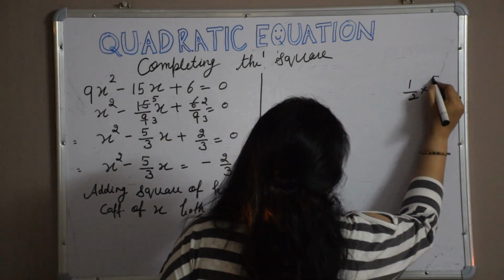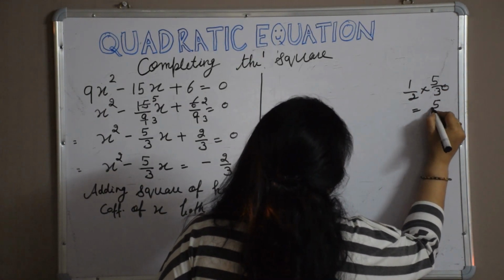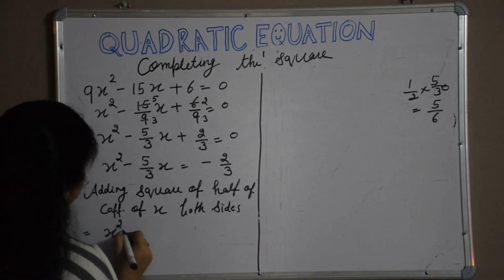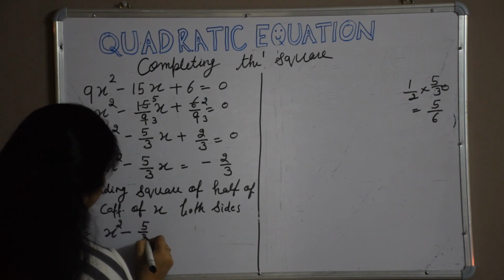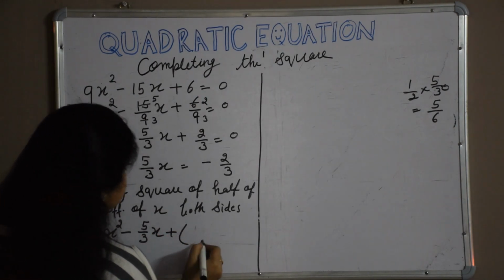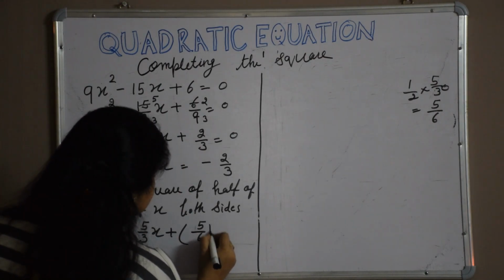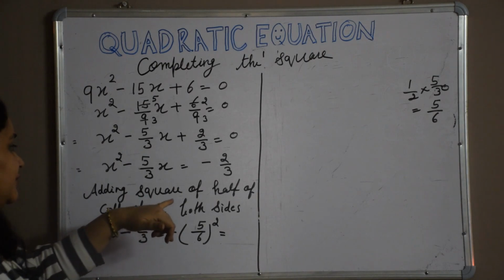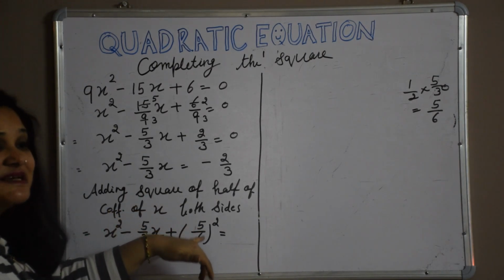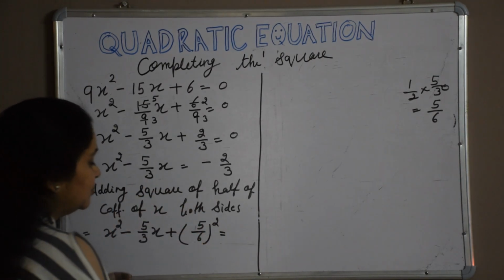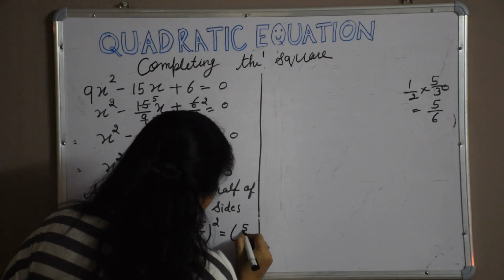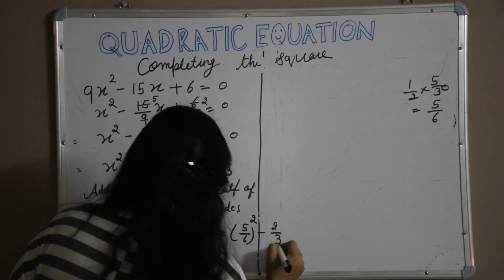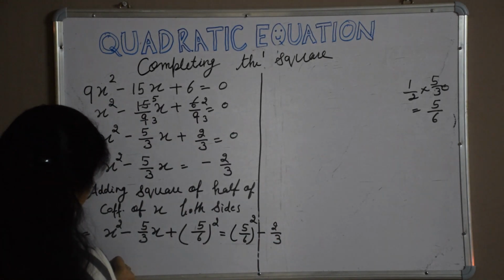Half of 5 by 3 equals 5 by 6. So x square minus 5 by 3x plus we have to add 5 by 6 whole square. Square of half of the coefficient of x: half is 5 by 6 and its square is 5 by 6 whole square. Now adding this on the other side also, 5 by 6 whole square minus 2 by 3,